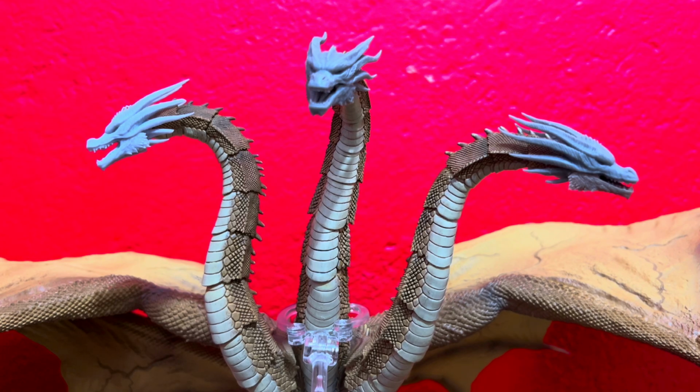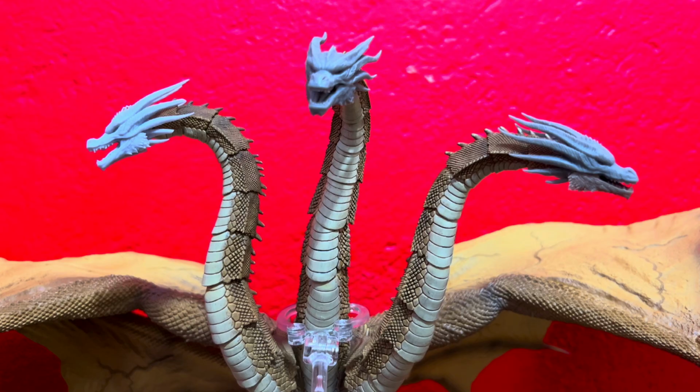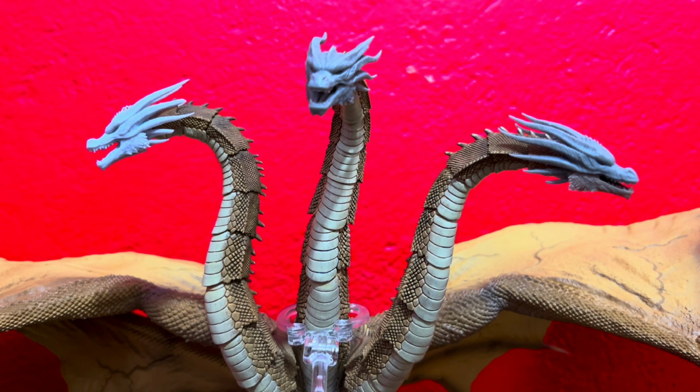Now you might ask yourself, why should I purchase this new set when the original one for King Ghidorah Hiya Toys is already perfect? Well, first of all, I did this because my original heads had a lot of issues with the gums falling apart, not attaching correctly. There are a lot of issues with my specific figure, so I decided to do the upgrade. Now you don't have to do it, but for me personally,